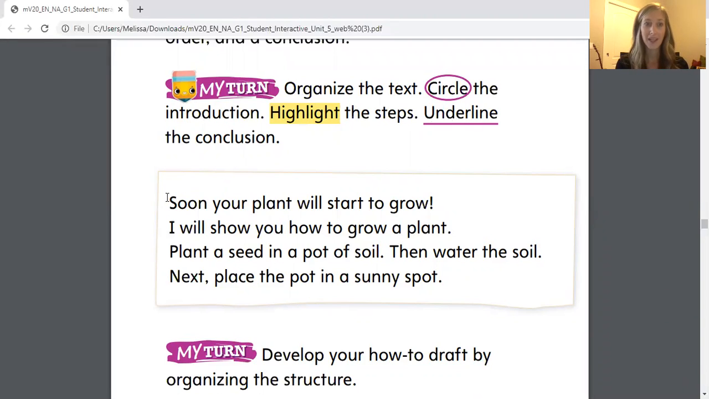Remember, it's jumbled. It says, soon your plant will start to grow. I will show you how to grow a plant. Plant a seed in a pot of soil. Then water the soil. Next, place the pot in a sunny spot. So the beginning of this text says, soon your plant will start to grow. That doesn't make sense for the beginning of a how-to